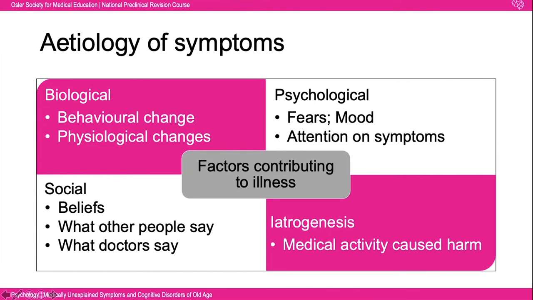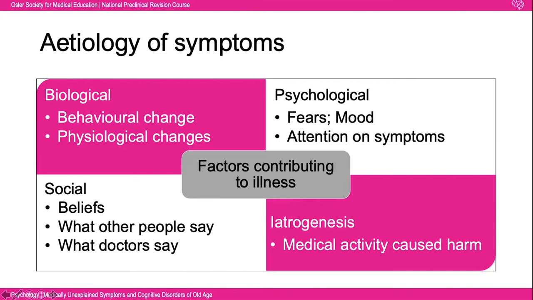So first, looking at biological factors, we know that disease is important, but not the only cause of illness. You can also change your biology by your behaviour. The effect of behavioural change by bed rest is exemplified by an American space programme. People with back pain were told to rest and go to bed for weeks, but this has a huge effect on physiology. It resulted in postural hypertension, muscle wasting, a sense of well-being lost, and a loss of confidence. There are also physiological changes associated with pain and depression, including a sensitization to pain.